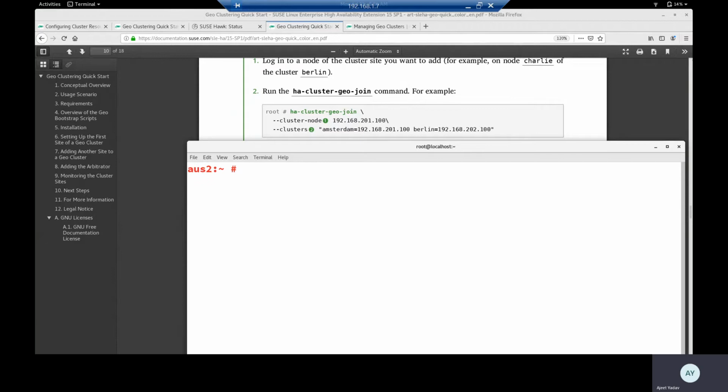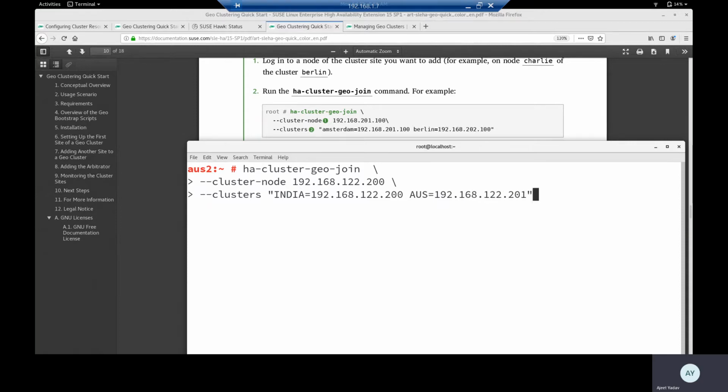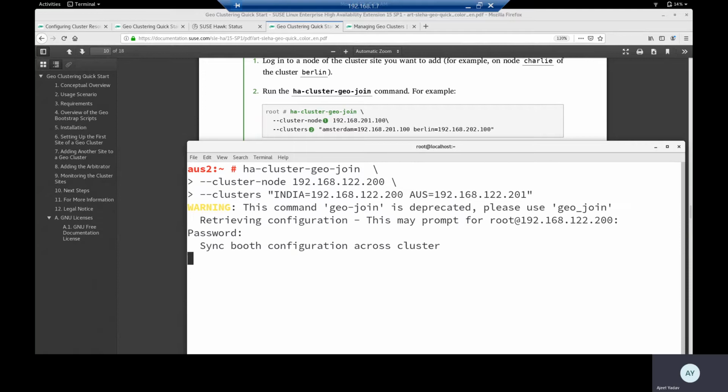So run this command, cluster geo-join, and then --cluster-node, and then the first virtual IP of your first site, so in my case 200, and then the name of the clusters, India, and the IP address is 192.168.122.200, and the Australia second site in my case 192.168.122.201. Enter, and the password is this.